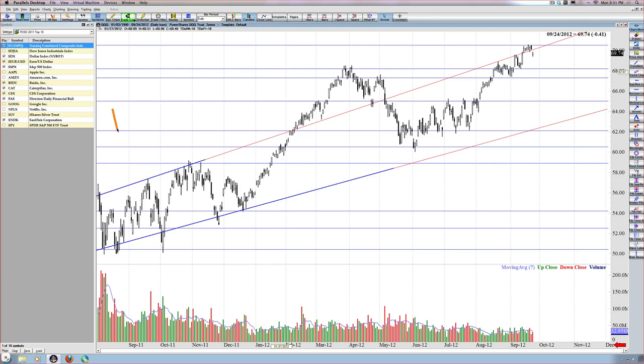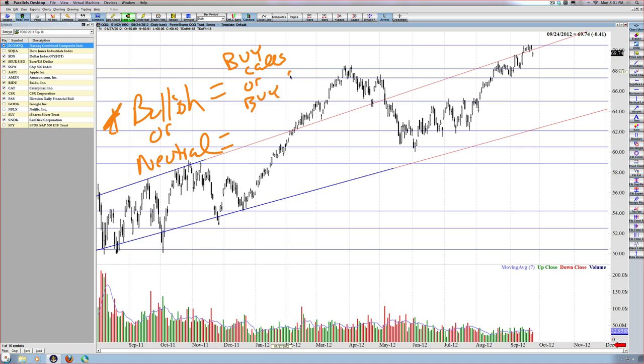So now that you see this, let me just write it out here. We are either going to be bullish or neutral. Bullish, we have which strategies to choose from? We could buy calls or we can buy stock. Neutral, what do we have to choose from? The only neutral strategy that you have is a covered call, which is going to require